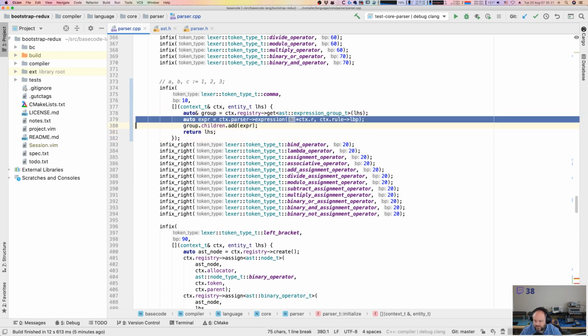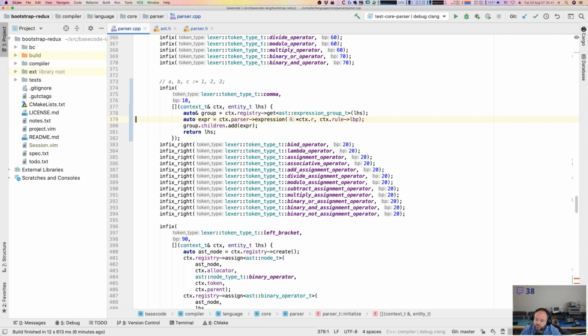And so then what it does is it parses to the right-hand side, except